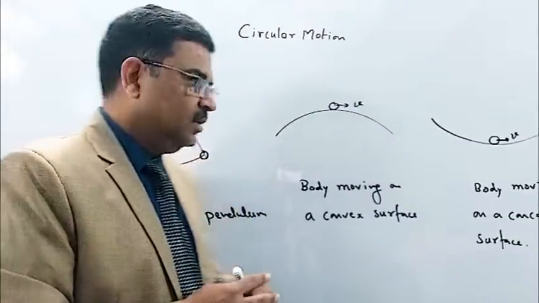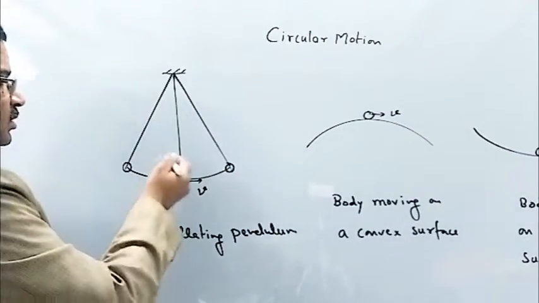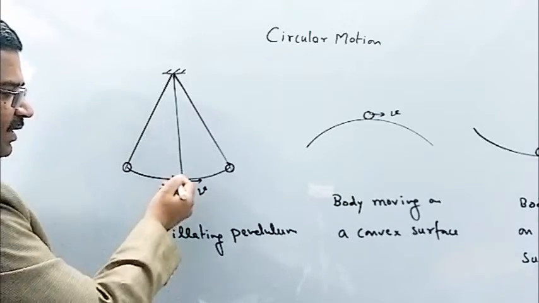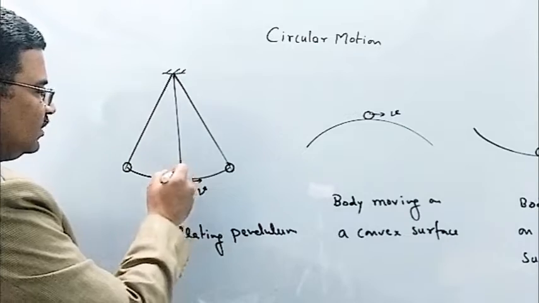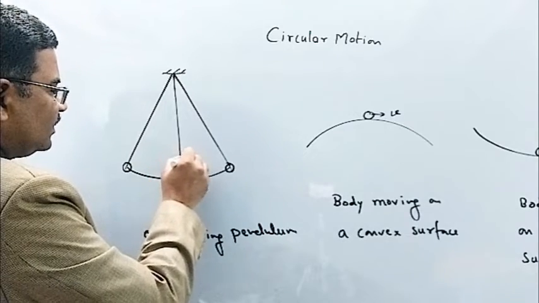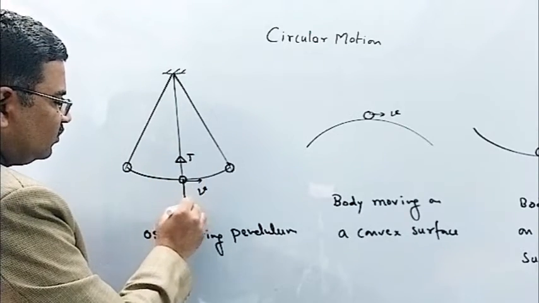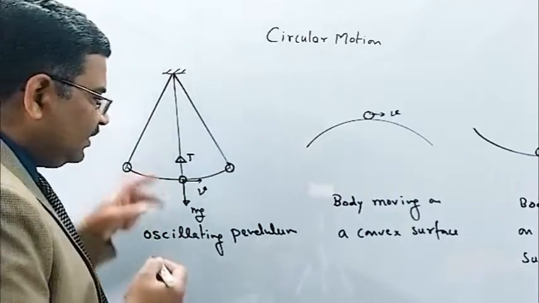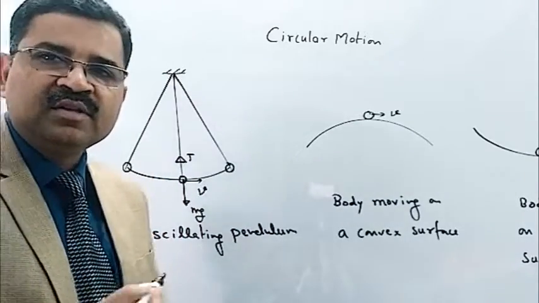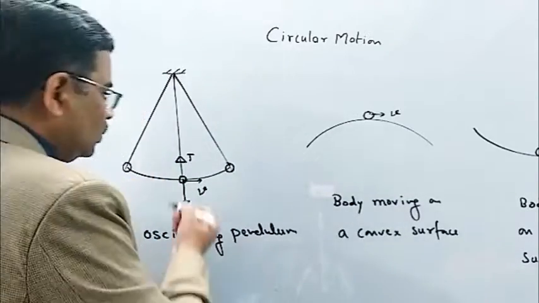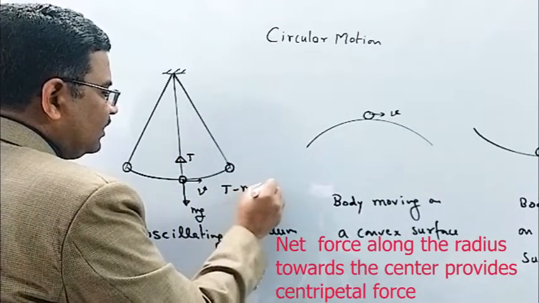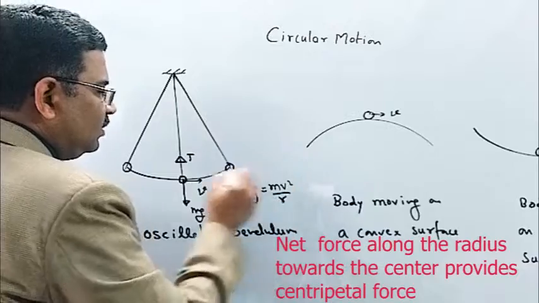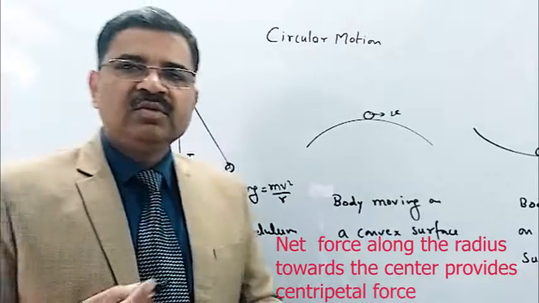First of all, consider the pendulum. Now suppose this is the lowest position of the pendulum, and at this position it is moving with a velocity v. Now it must experience two forces at this point. One is tension and the other is the weight of the pendulum. And the net of these two forces will provide the centripetal force to the pendulum. So this is T minus mg, and that is equal to mv square by r, because mv square by r is the value of the centripetal